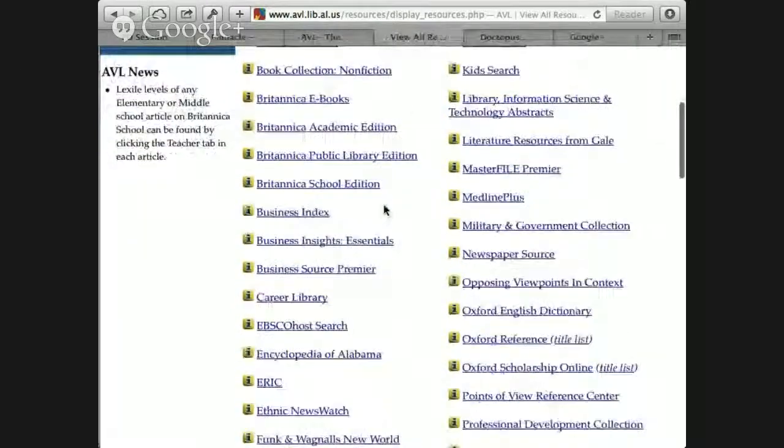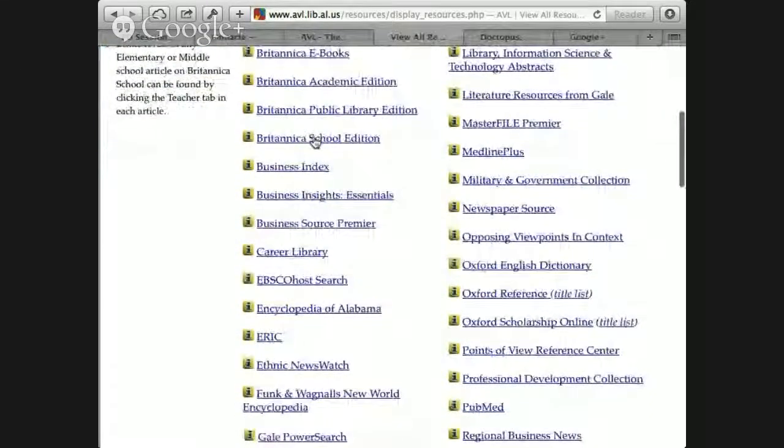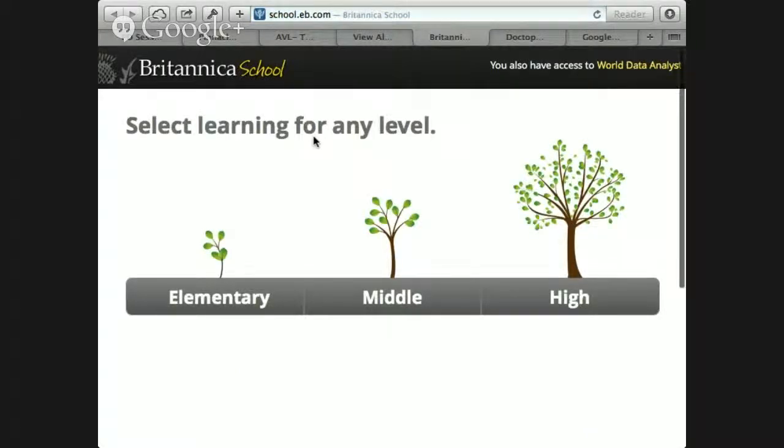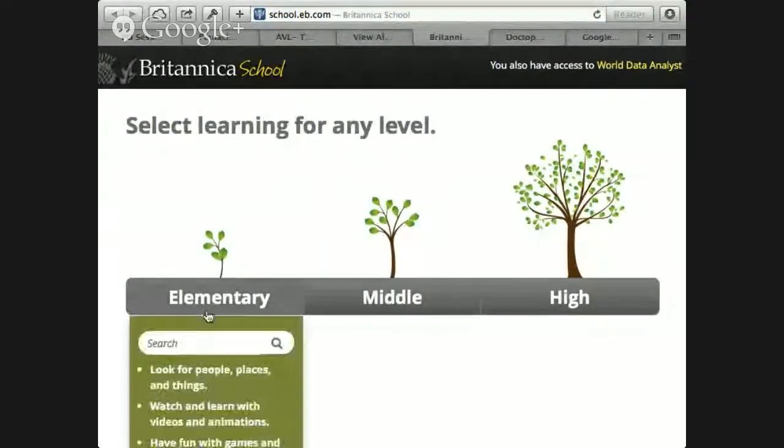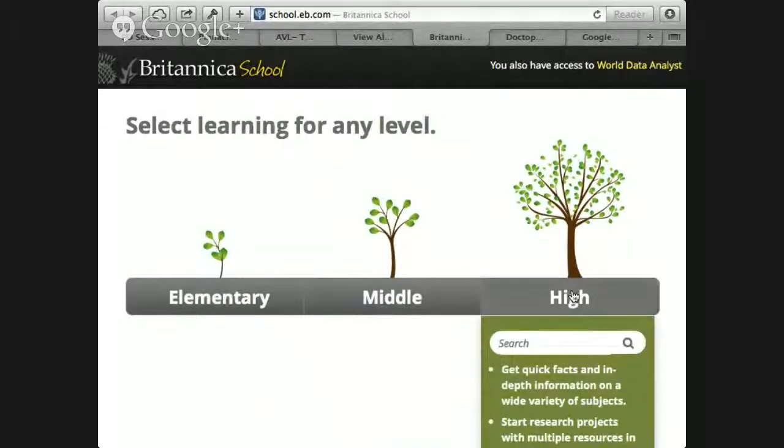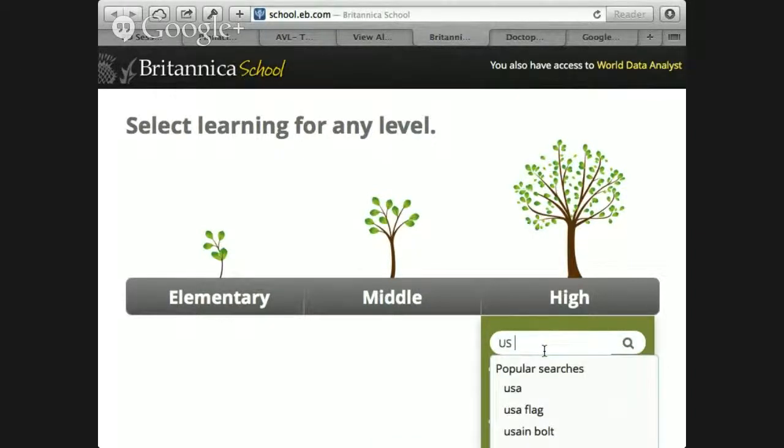Then the other one I wanted to show you is Britannica School Edition. This is one of those sites that's going to charge you if you just go onto the internet on your own, not through Alabama Virtual Library. They're going to want you to buy a subscription to get to the Britannica. But again, the State Department of Alabama has paid for it. So you can choose, do I need an elementary level, middle level, or a high school level? And if I'm going to do the high school level,